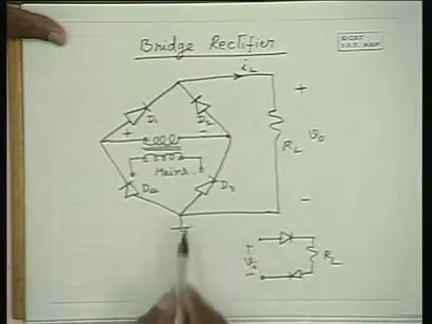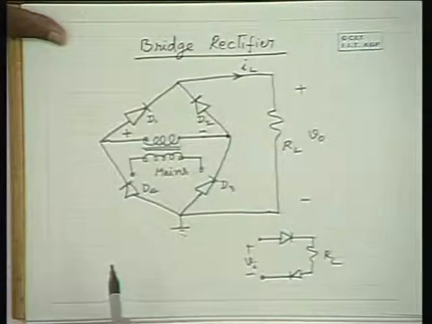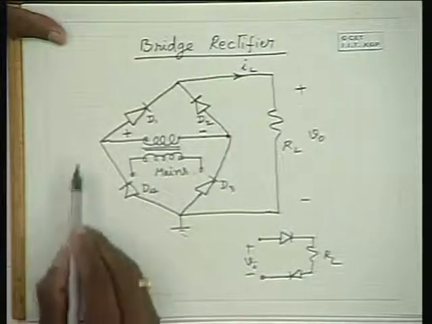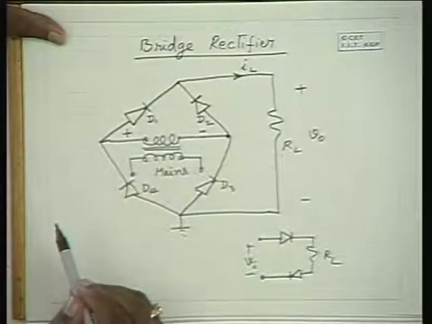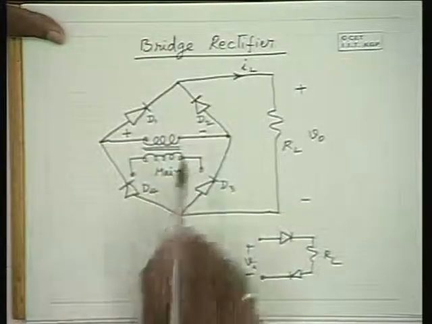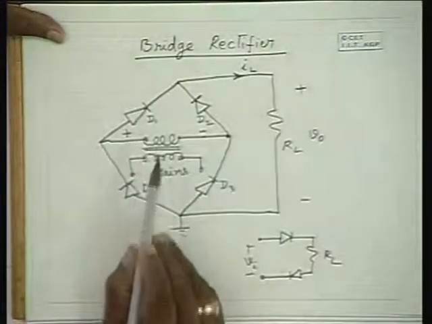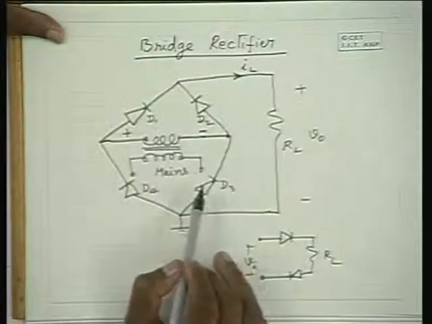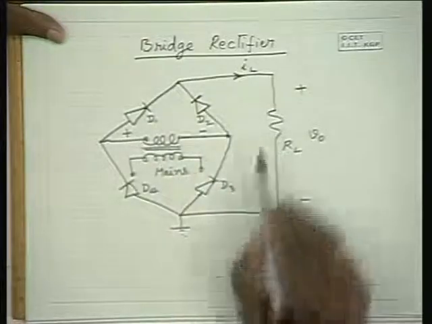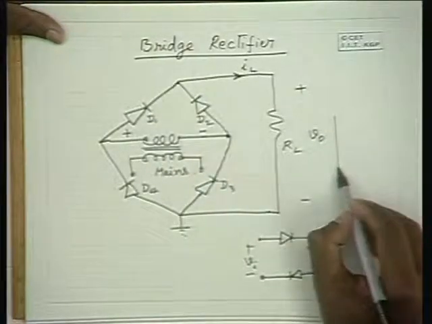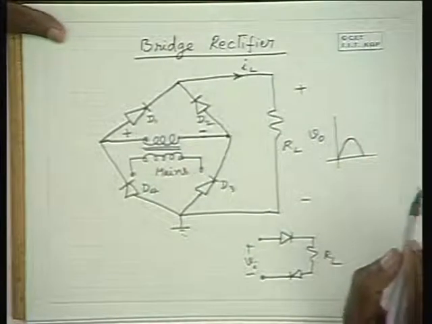In this process, please note that diode D4 is also under reverse bias because its cathode is connected to the positive most point. So D2 and D4 do not conduct, and D1 and D3 conduct, are forward biased, and the rest of the voltage is applied across RL. Therefore, during the positive half cycle, the RL gets the positive half of the cycle.